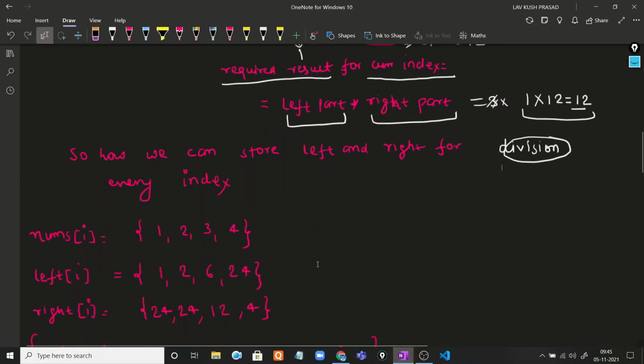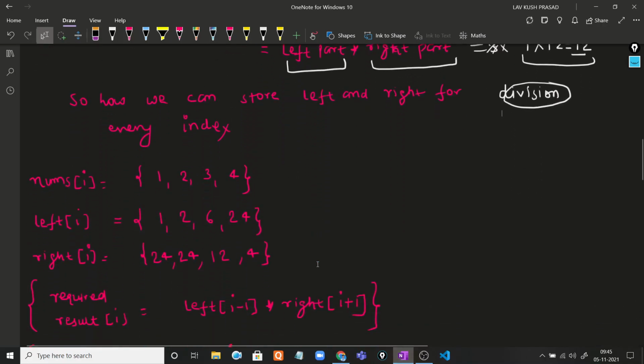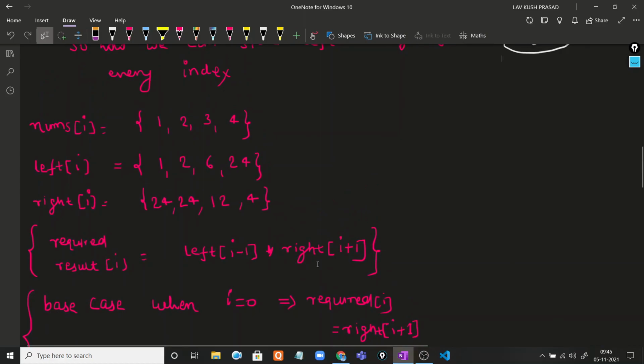Okay, so in this solution the steps are something like this. This is our given nums array, and we have to calculate left and right for every index. And how do we calculate the left and right? We have 1, 2, 3 and 4, and we take another variable known as left var, which is initialized with 1.